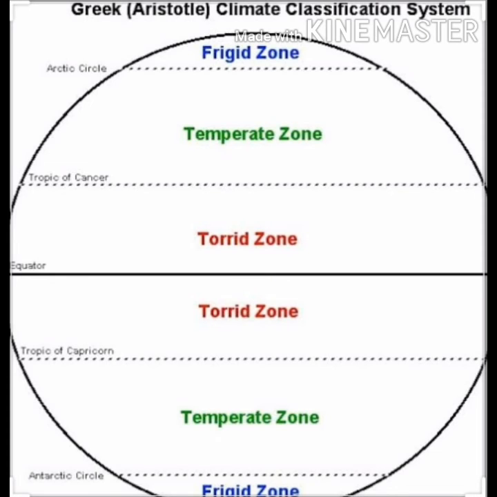You all must have heard that the areas near the poles, whichever areas are around the North Pole or South Pole, are very cold because sun rays cannot reach the North and South Poles. That is the reason these frigid zones are very cold. So three zones we have discussed: the torrid zone, which is the heat zone with maximum heat; the temperate zone, with moderate temperature; and the frigid zone, which is the cold zone.